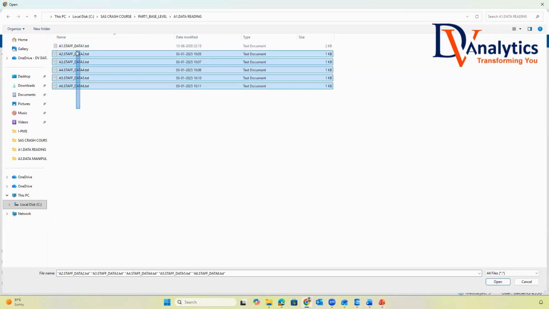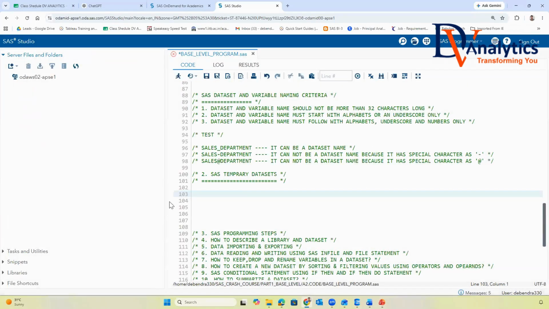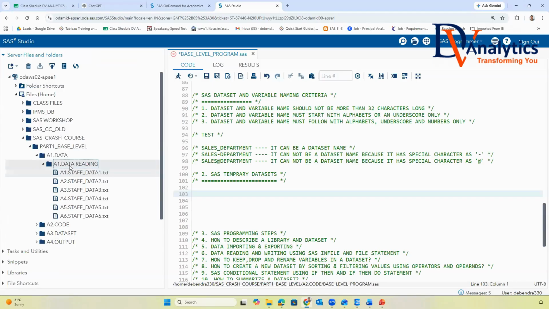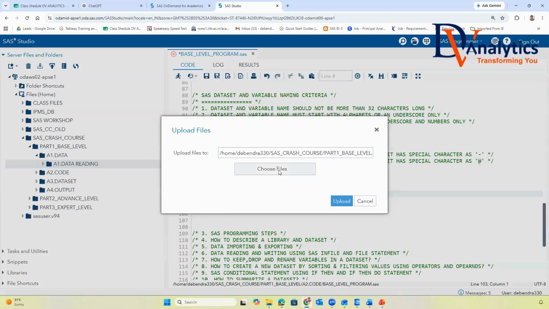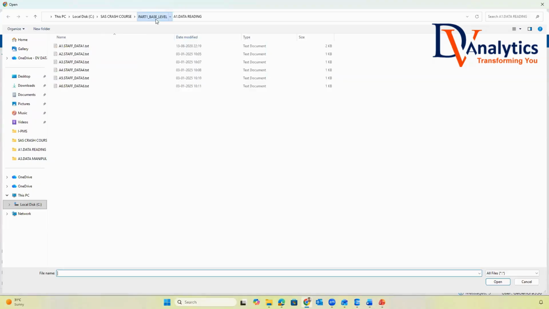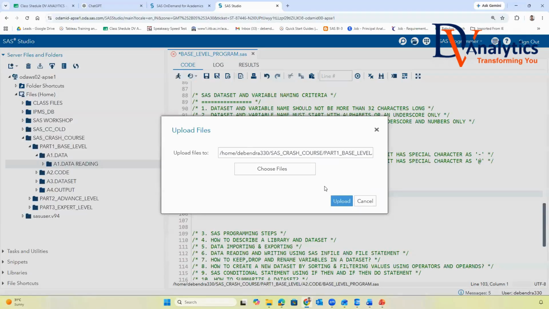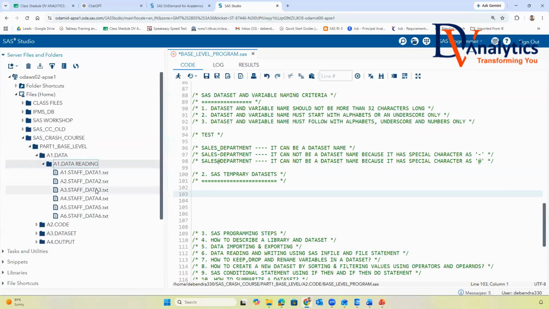I see all these 6 files. Now I want to read those files into my SAS environment. I can see all the files have come. What I did first, I'll just repeat: right click, upload files, choose the file location. I went to select my folder, inside this are all the files I have. Then I say open and close. So this is how all the files came.